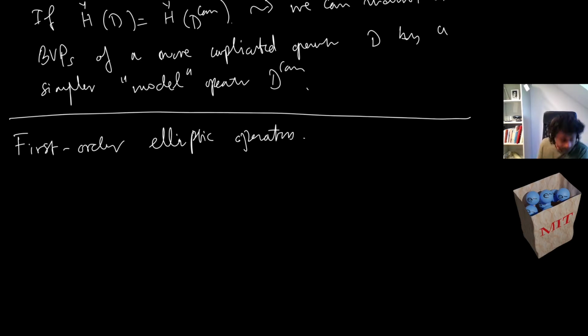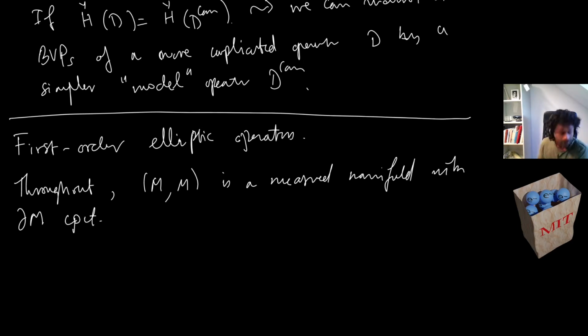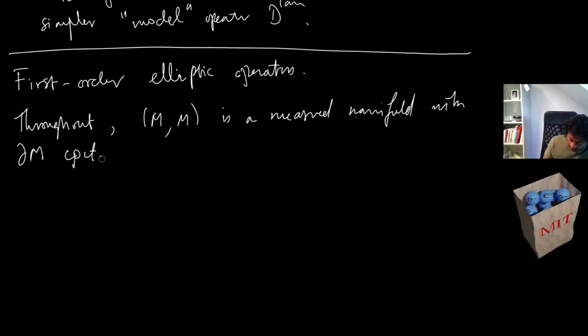So throughout, M is a measured manifold with a compact boundary. Okay, so this is the notation we're going to fix. So maybe I'll put this in a list or something. So 1,